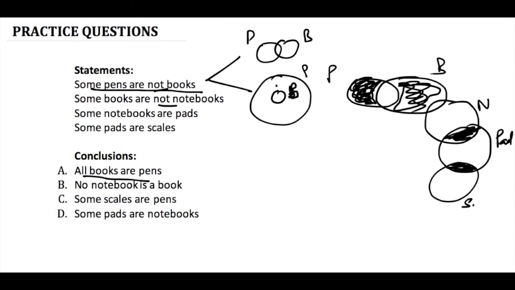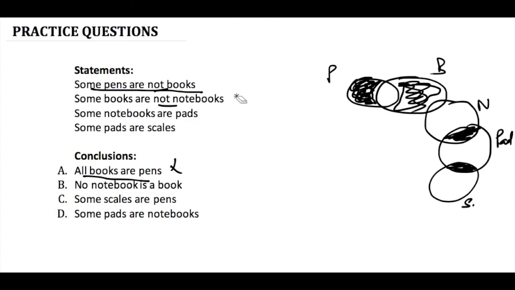या फिर ऑल बुक्स आर पेन्स ये बन जाता है, लेकिन सम पेन्स आर नॉट बुक्स ये रियलिटी रहता है। तो अगर ये वाला डायग्राम हम लेते हैं तब तो ये सही चलता है, लेकिन अगर हम ये वाला डायग्राम लेते हैं तो ये गलत प्रूफ हो जाता है, इसीलिए हम इसको गलत प्रूफ कर पाए हैं थ्रू दिस डायग्राम, तो ये गलत हो जाएगा ये वाला स्टेटमेंट। तो फर्स्ट स्टेटमेंट हमने गलत प्रूव कर दिया एक डायग्राम के थ्रू।